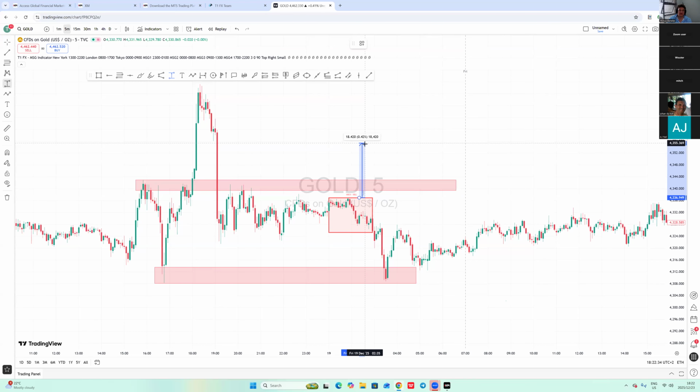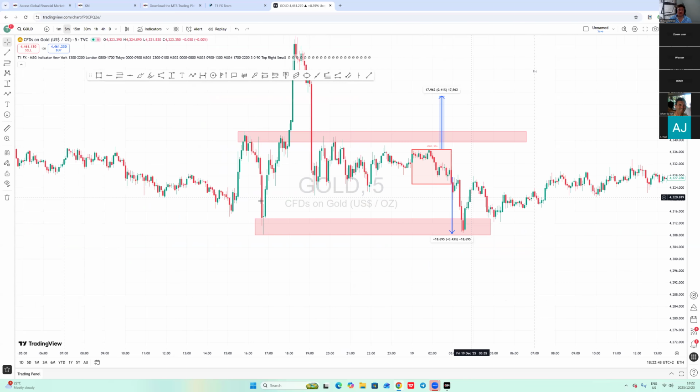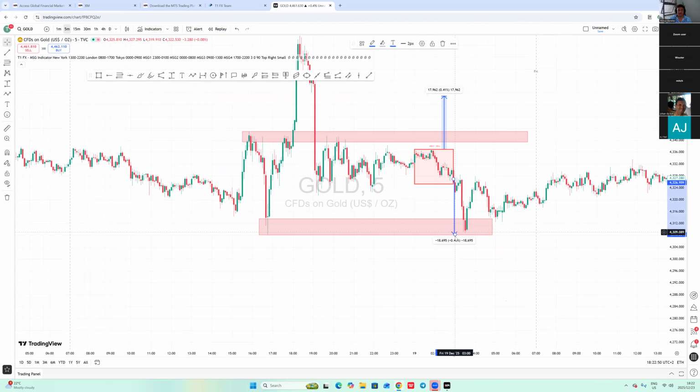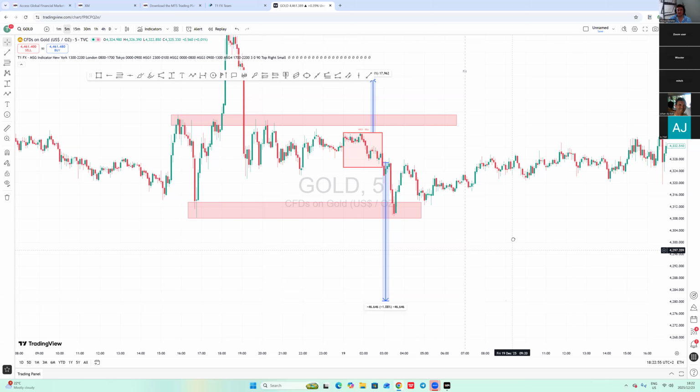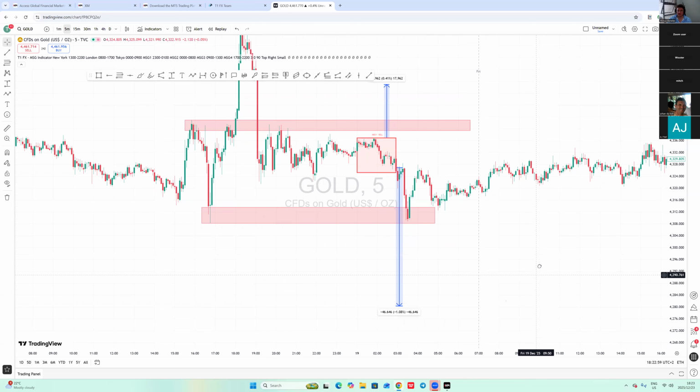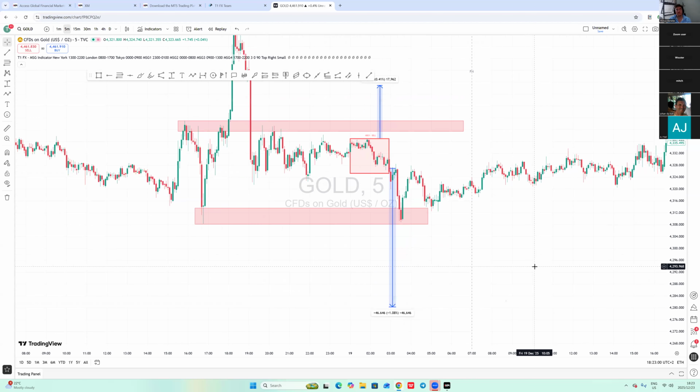stop loss, which can sometimes be big, but your TP, for instance, was 180 pips. So it's a 50-50. But sometimes your TP can be much bigger. Let's say there, for instance, and then your stop loss is 190 pips. So then it's like a 1 to 3 risk reward, which you actually should target. Always a 1 to 2.5 or 1 to 3 risk reward is always the best.